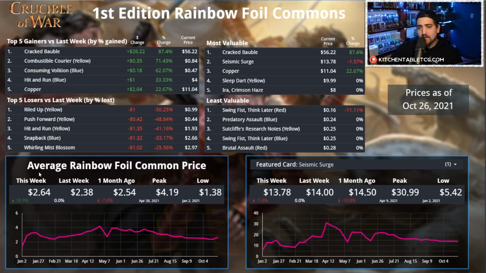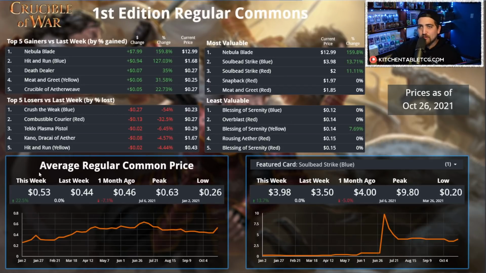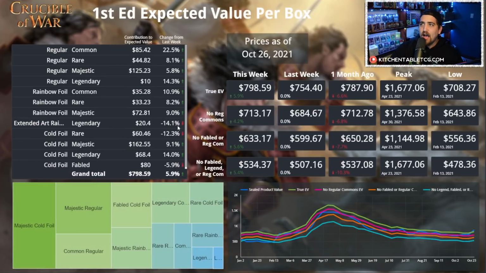Rainbow Foil commons are up 10%, and regular commons are up 22%, which is kind of funny. All right, let's hop in and take a look at the EV. We're up like 4 to 5%. If you open up 40 boxes of this and don't sell the commons, you'll be sitting at